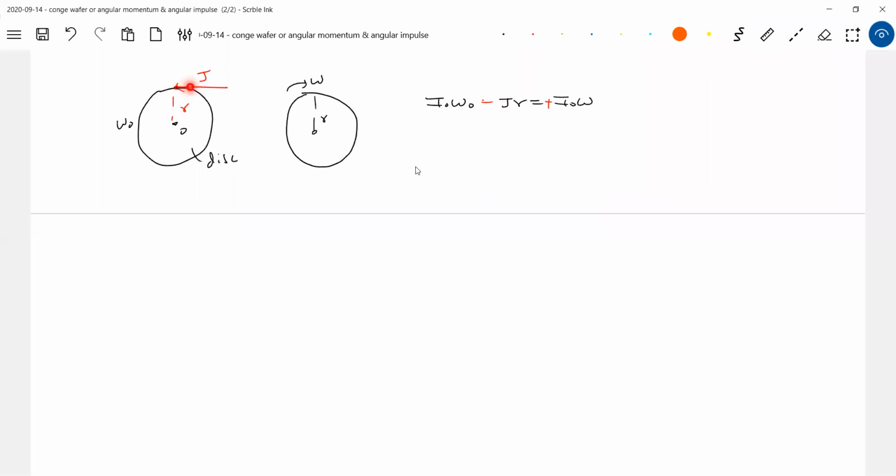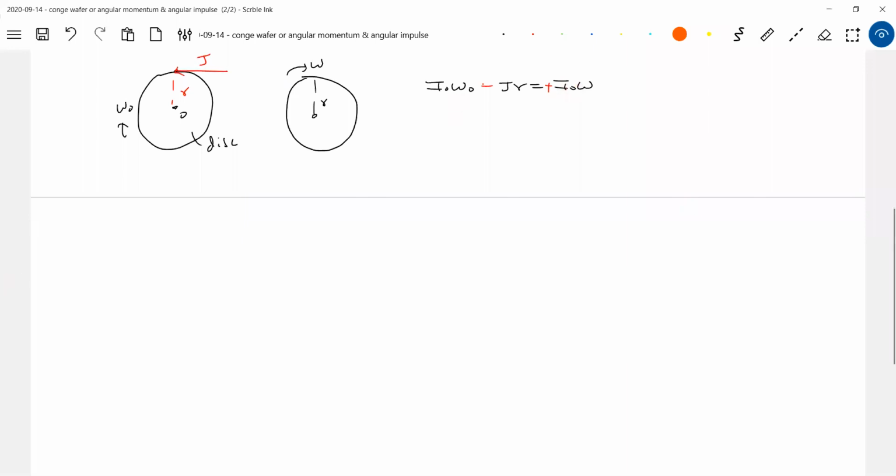How is the angular impulse acting? This r bar, this is j bar, r cross j. So how is the angular impulse? Angular impulse is anti-clockwise. What is the initial angular momentum? Initial angular momentum is clockwise. So the sign for angular impulse is negative because it is anti-clockwise. Why is the final angular momentum clockwise? Because the final angular velocity is clockwise. So the signs for angular impulse and final angular momentum are determined with respect to the initial angular momentum.